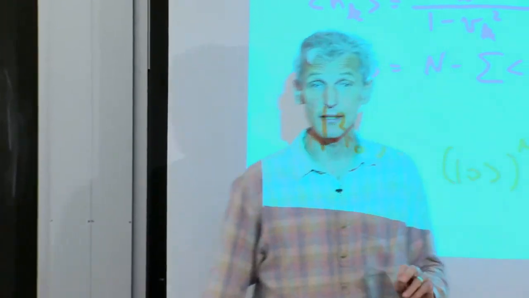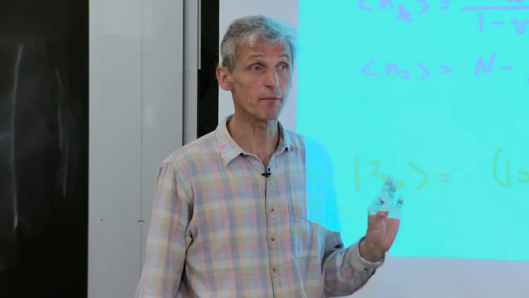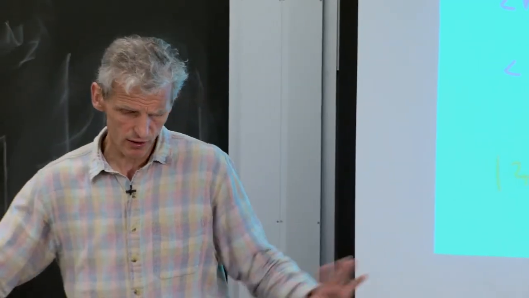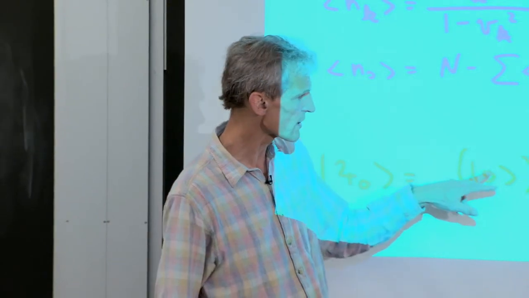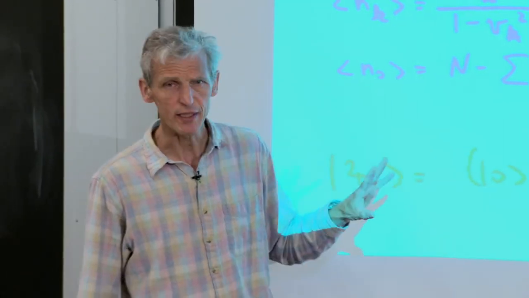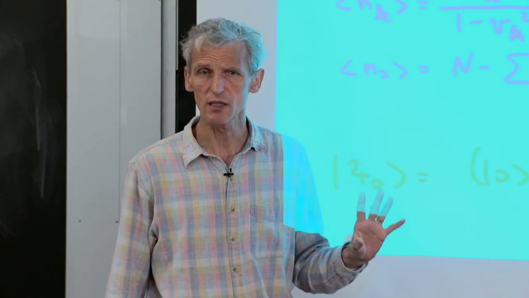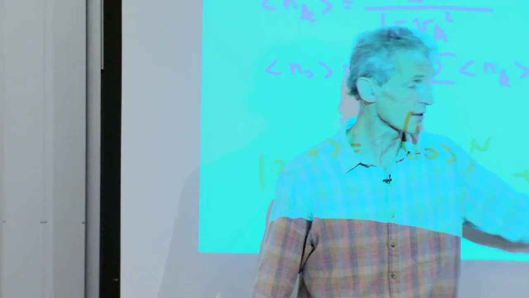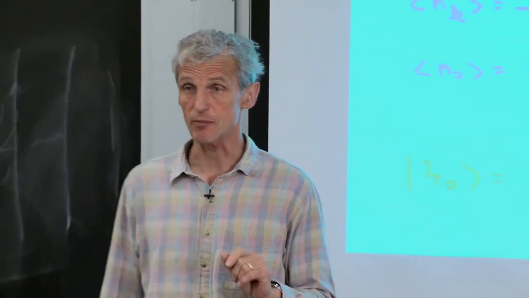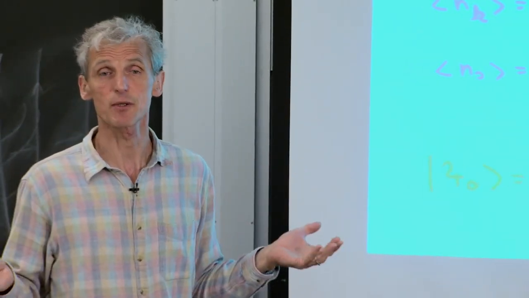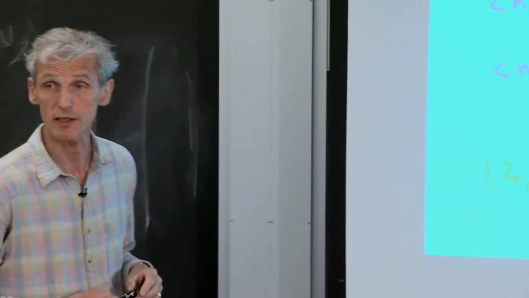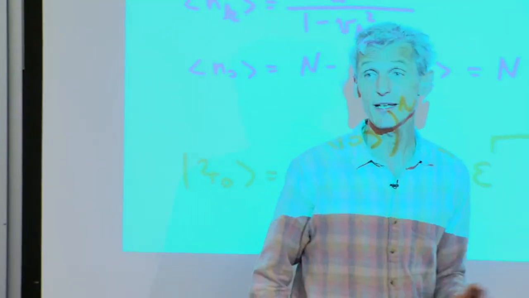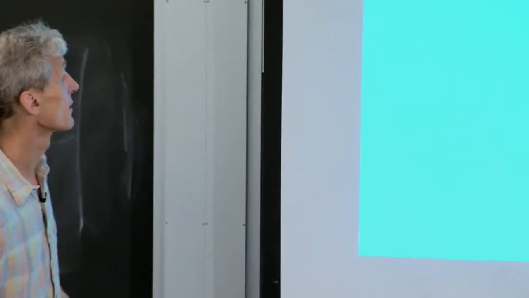But for liquid helium, the condensate fraction, even at zero temperature, is only 10%. When people use neutron scattering, it would be a long story in itself how this is done, but when they use neutron scattering to analyze liquid helium at low temperature and figure out what is the fraction of atoms which have zero momentum, they found 10%. The quantum depletion is 90%. But that's just the difference between a quantum gas and a quantum liquid. And in the quantum liquid, in liquid helium, na cubed is on the order of unity.